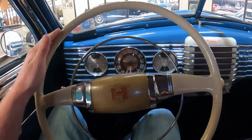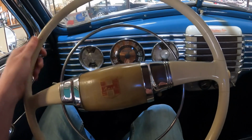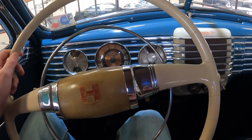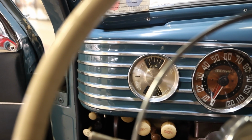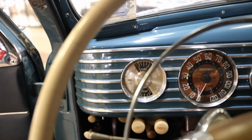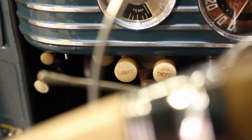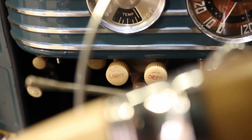The steering wheel is absolutely massive, and the reason for that is because these cars didn't have power steering, so it makes it easier to turn with a very large wheel. On to the button switches and knobs, starting on the left-hand side and moving right. All the way at the bottom left, that is for the hood release, panel lights, cruising gear, headlights, defroster, left